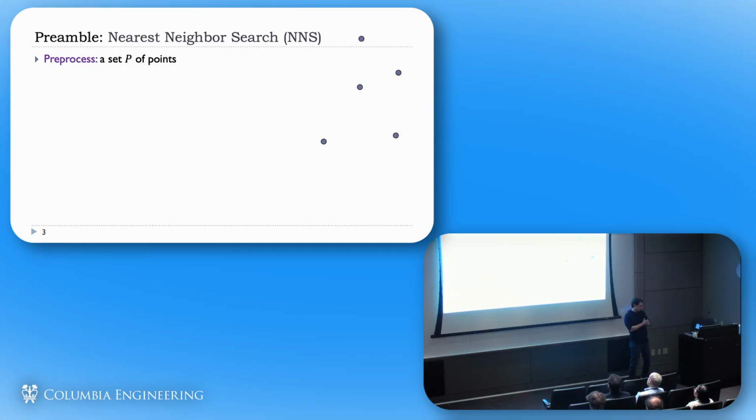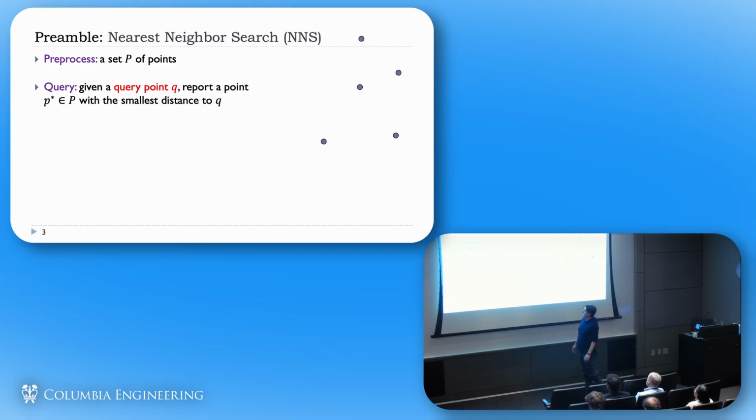Okay, so this is a data structure problem, or an indexing problem. We're given a big data set of points, which we call P. We think about this as a high-dimensional space. We want to preprocess, do something, and store this data set in a convenient way on a hard drive or something, or GPU. But later we're given a query point, this red point here.